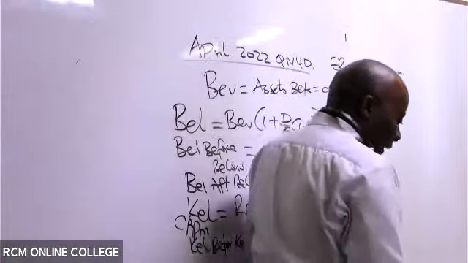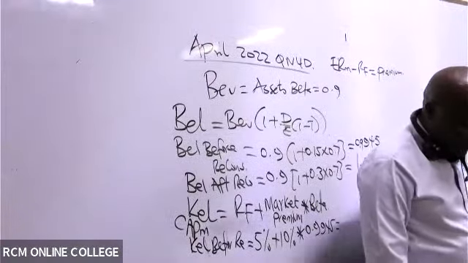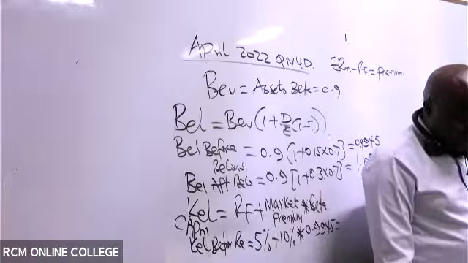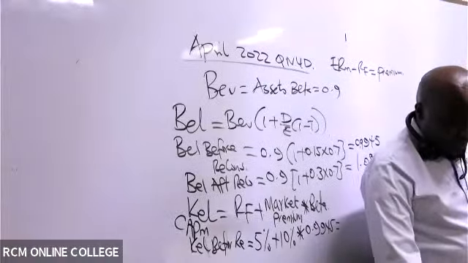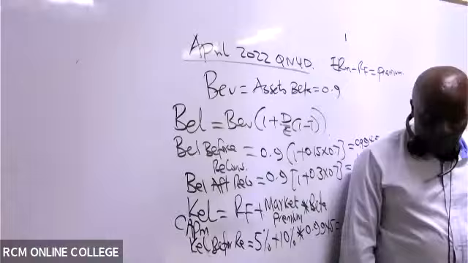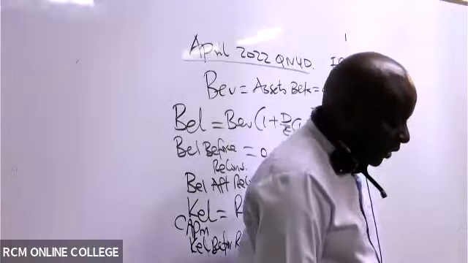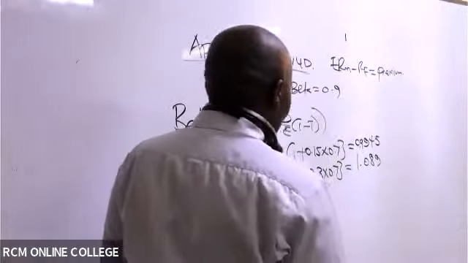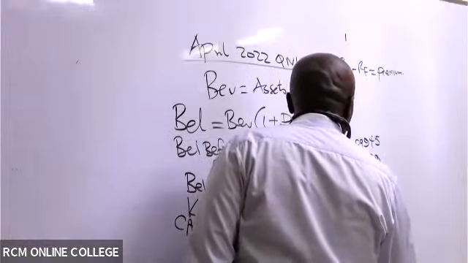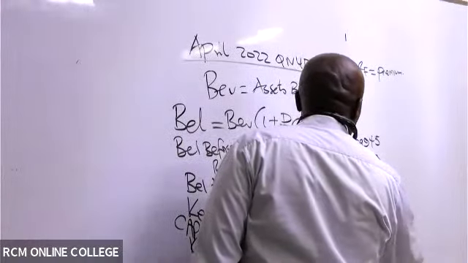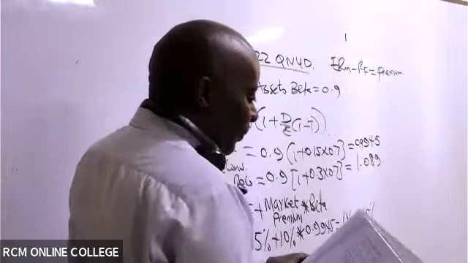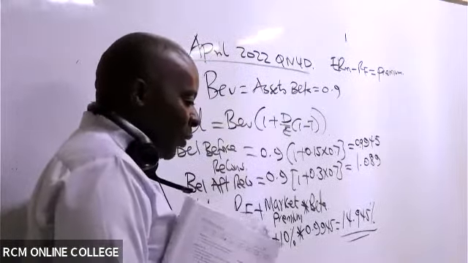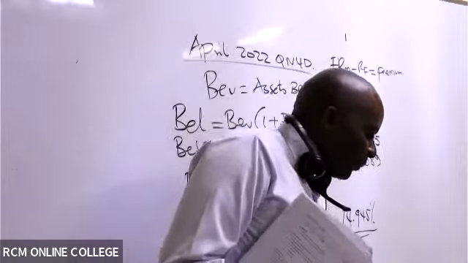I don't know whether there is any online guy who is able to give me these numbers. 14. Let me wait for these online ninjas as well. I can see Milton is really working very hard. All right. So in this case here, they are telling me it is 14.945%. The online ninjas, are they able to get that number by any chance?